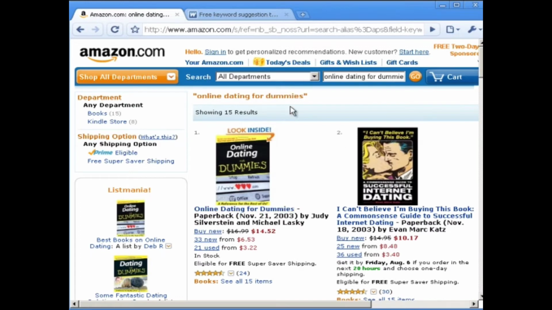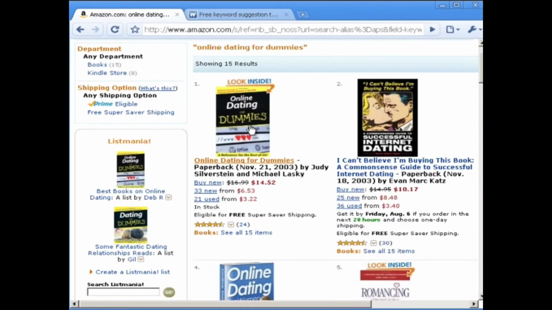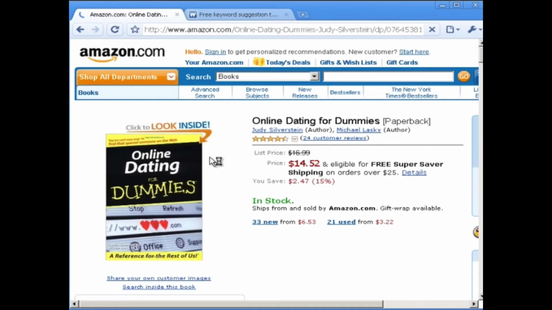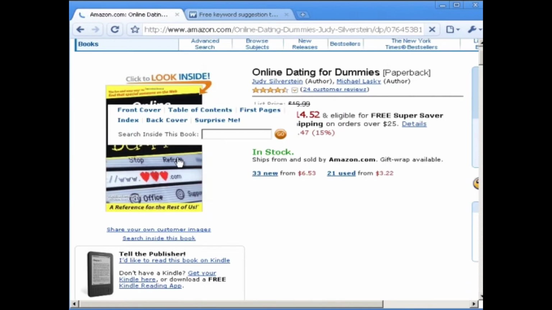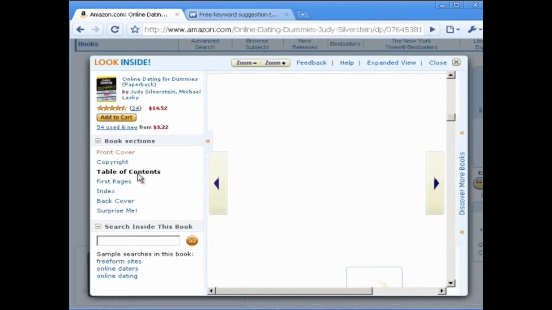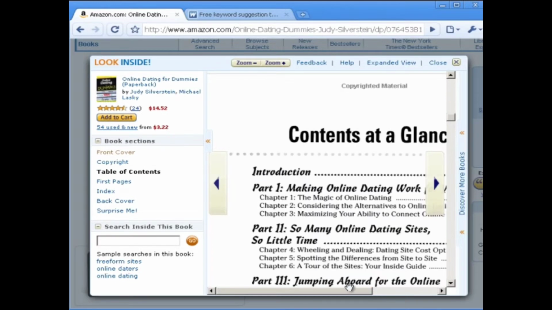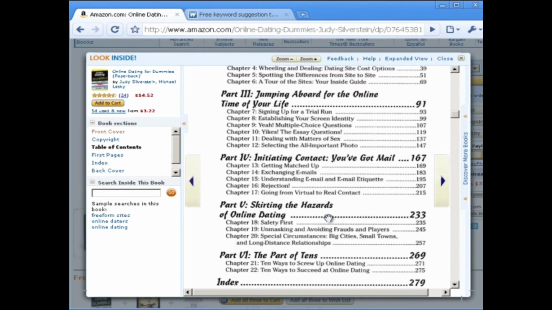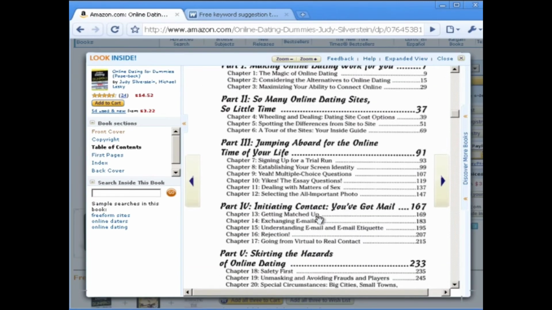Okay, so I went back to all departments because I could not find an online dating for dummies Kindle version. But if I click on this, yeah, see, dummies books always have a table of contents. So if I click table of contents, you can actually see here the table of contents. So the point of this is just to get an idea of what possibly your table of contents could look